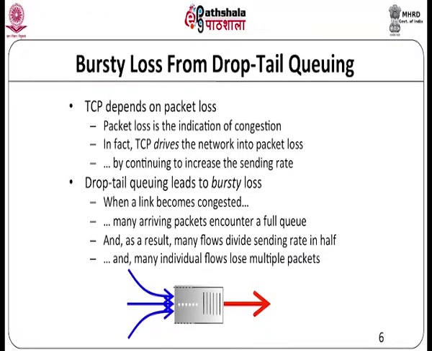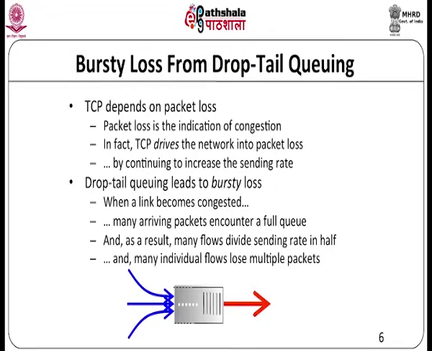Until the feedback is received, more and more packets are coming into the network, which also increases the number of packets that are lost. If you are using drop tail queuing, the extra packets that come in are going to be dropped. So this is something which happens.